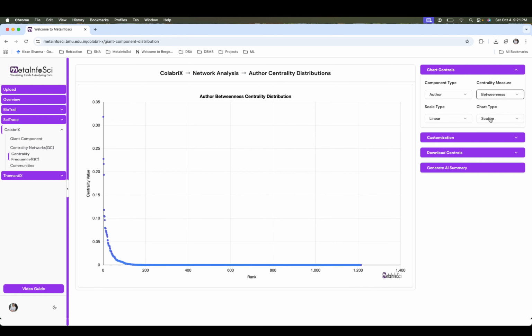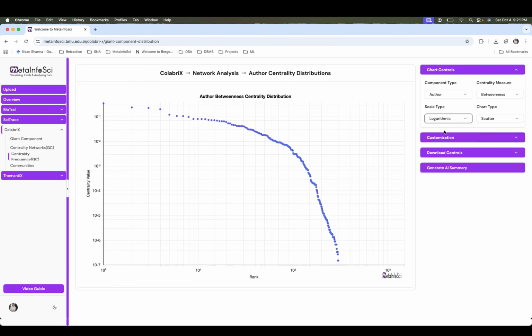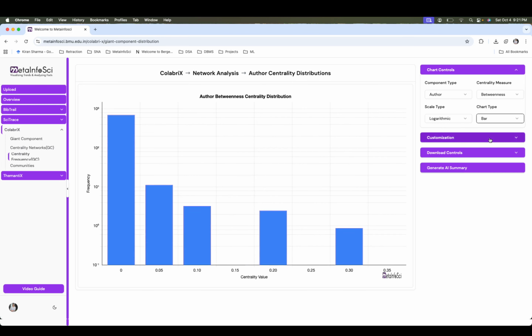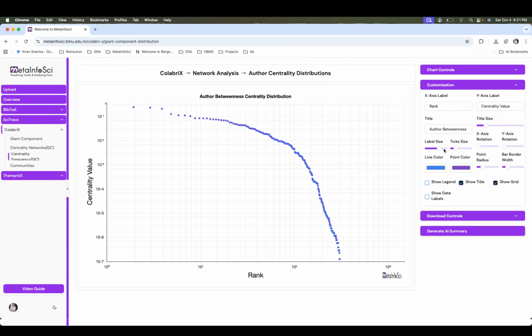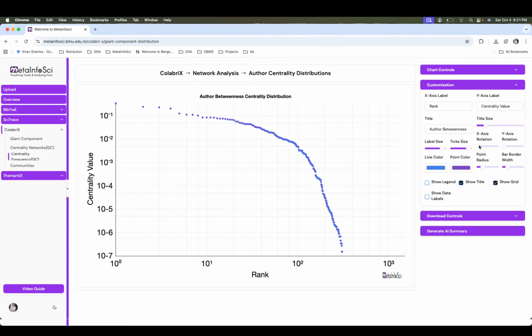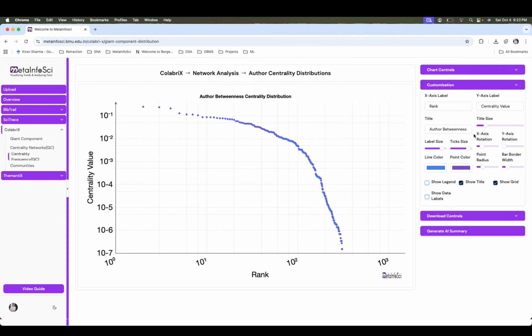So you can do it for any sort of centrality measure. With the logarithmic scale, you can see it like that. You can also go with the bar plot, but the scatter plot always gives you the right picture, which is giving you a kind of scale-free network here. Again, with the customization, you can increase the label size, tick size, the rotation of the axis, and the title labels you can set.